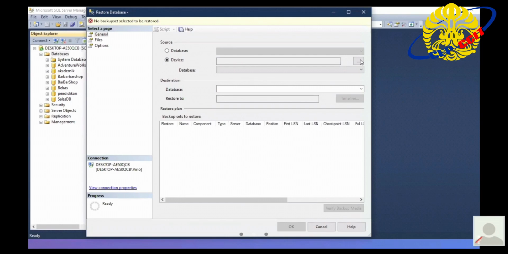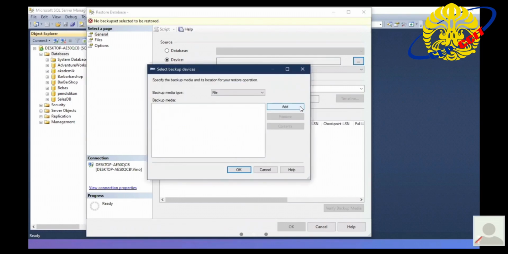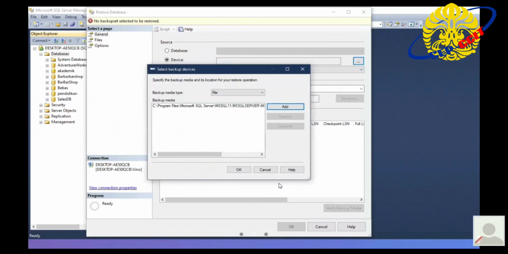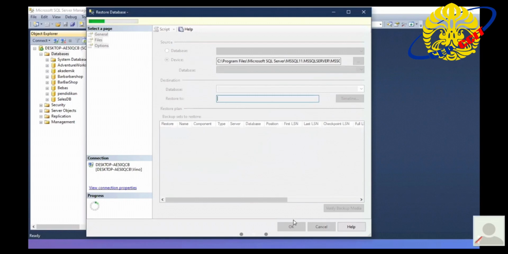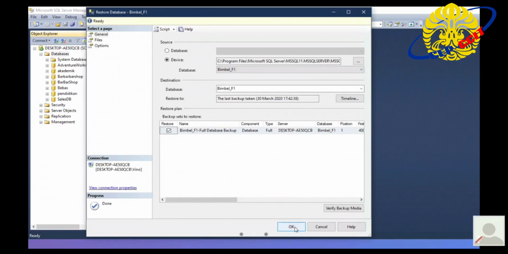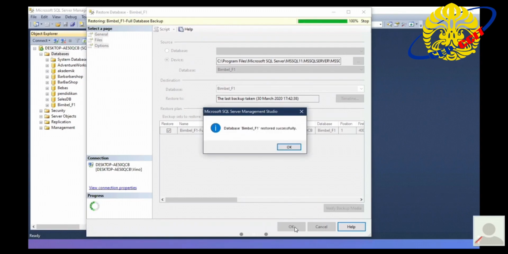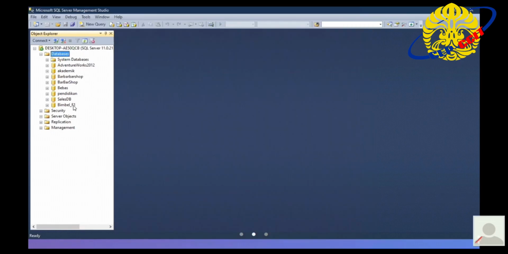Click add and find the database you want to restore. Okay, and the restore of your database is successful. That is how to back up and restore your database.